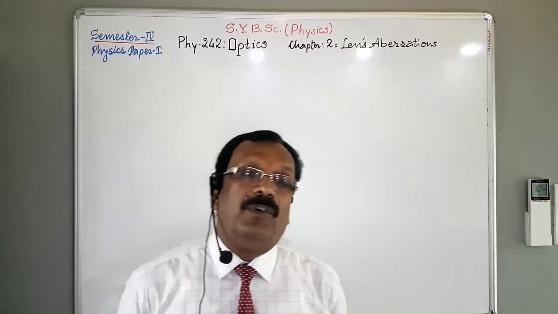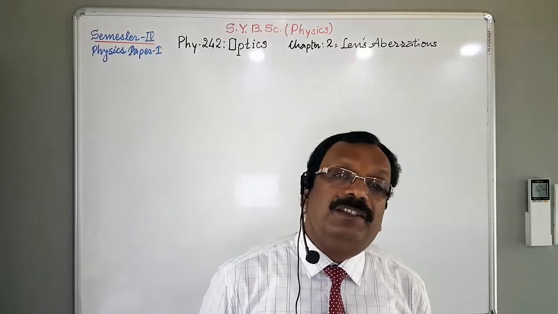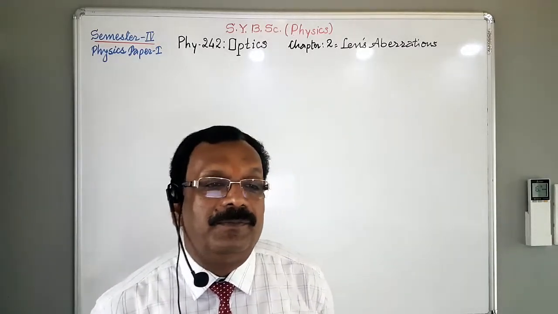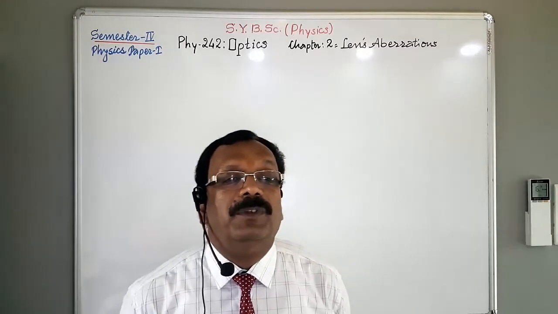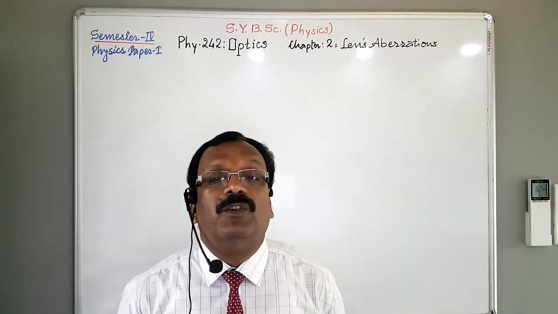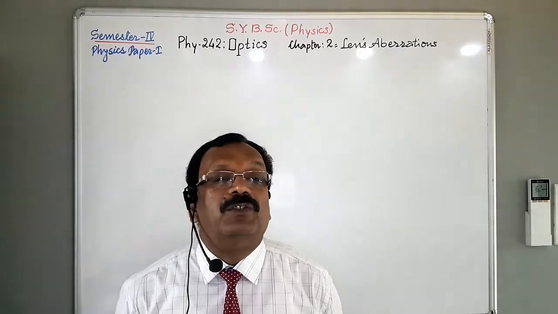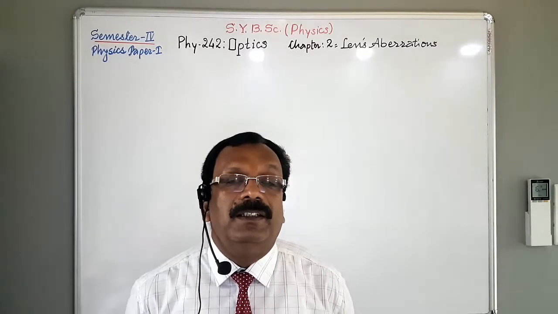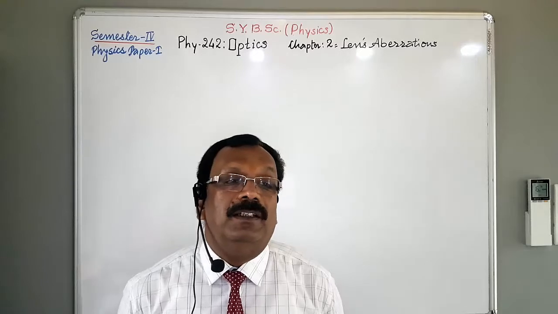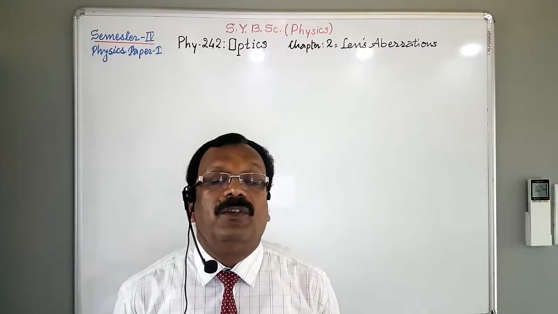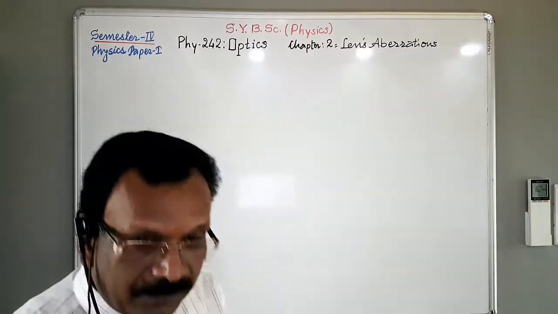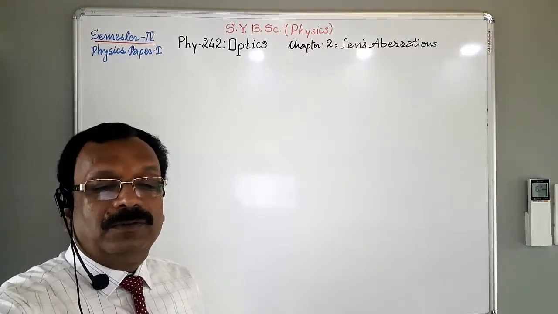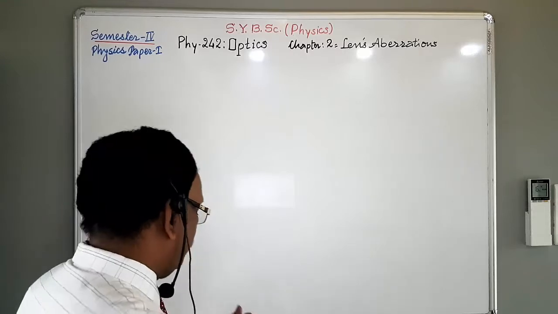So this is a very important definition. We have to concentrate only on this definition. I am again going to repeat. If the point object is situated off the principal axis, the lens forms a comet-like image in place of the point image. The shape of the image is like a comet, and this defect in the image is called coma or chromatic aberration. So in order to study this, see,